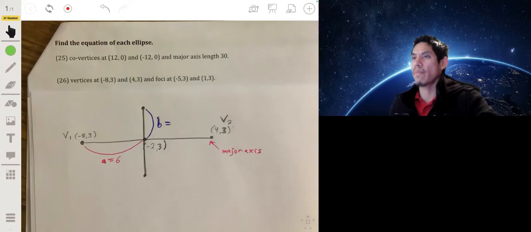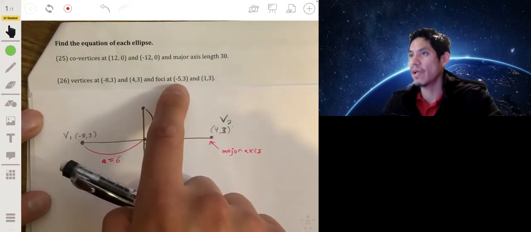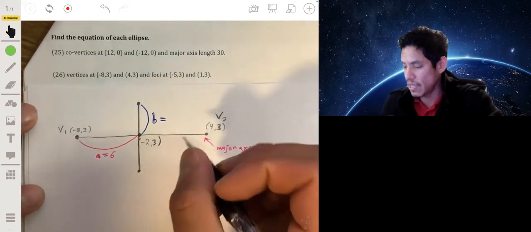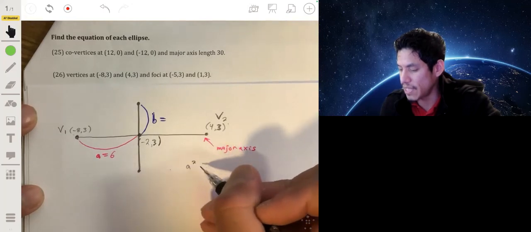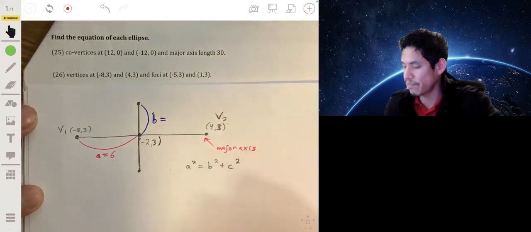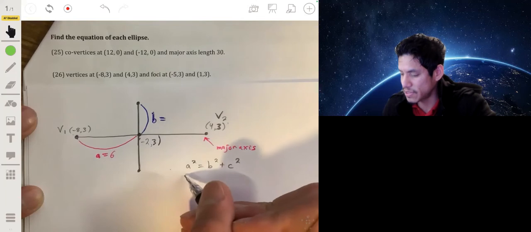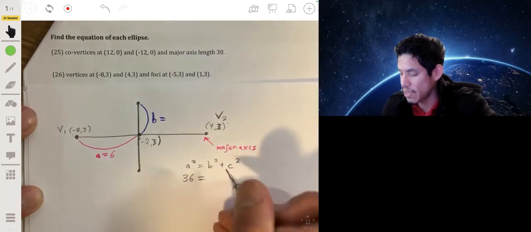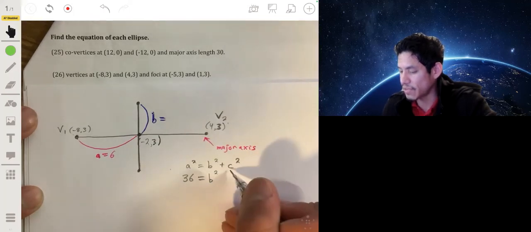So for that, we're going to use the relationship of a, b, and c. In an ellipse, we can relate a, b, and c with the equation a squared is equal to b squared plus c squared. Our a is 6, so a squared is going to be 36, which is 6 squared. We don't know what b squared is, so we're going to leave that as is. Now for c squared,